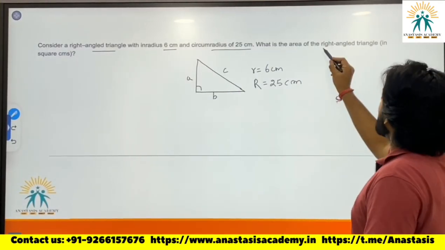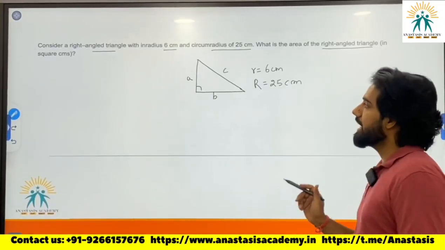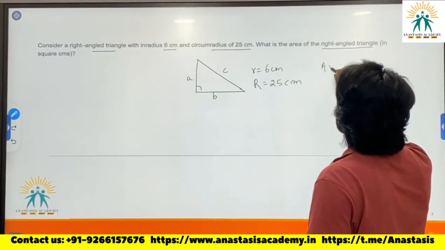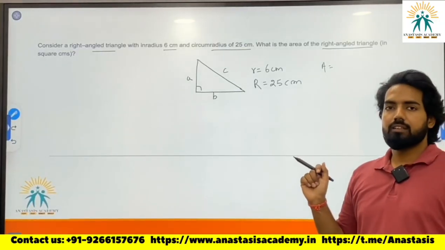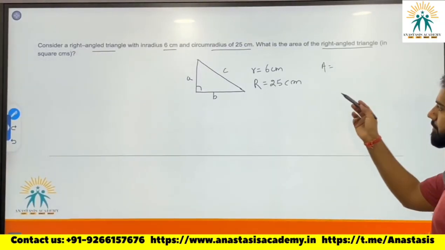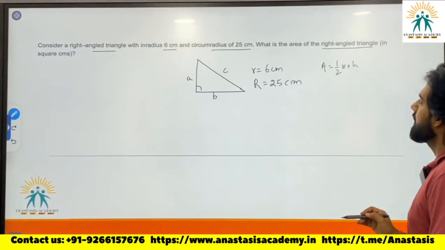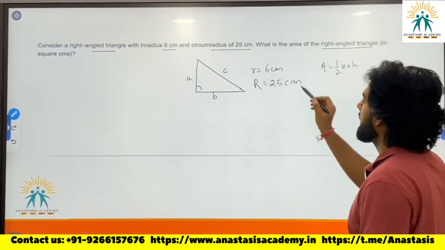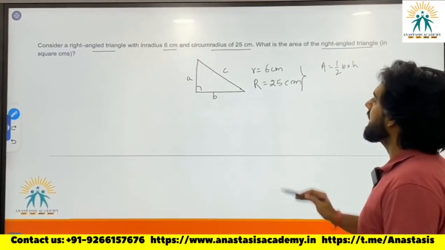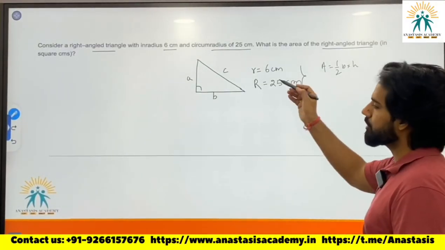What is the area of the right angled triangle? Now, the area of a triangle can be found in so many ways. The first option is half base into height. If base and height are known, I can find the area. But here data is given in terms of inradius and circumradius, and in terms of inradius and